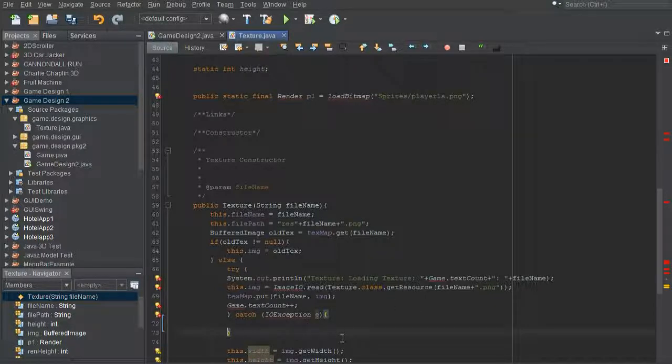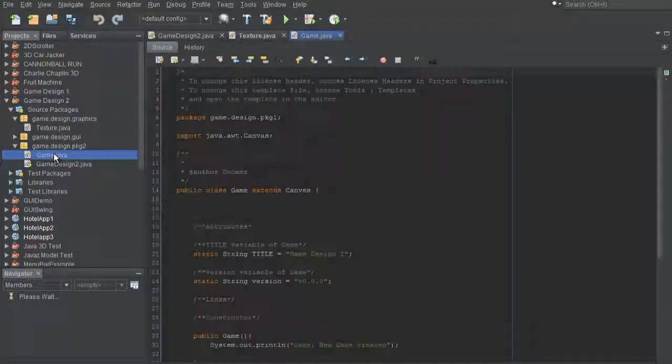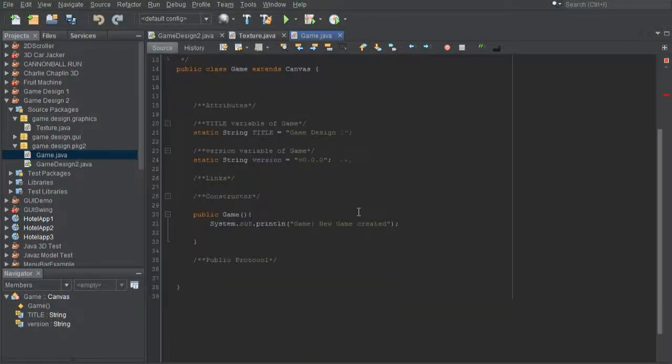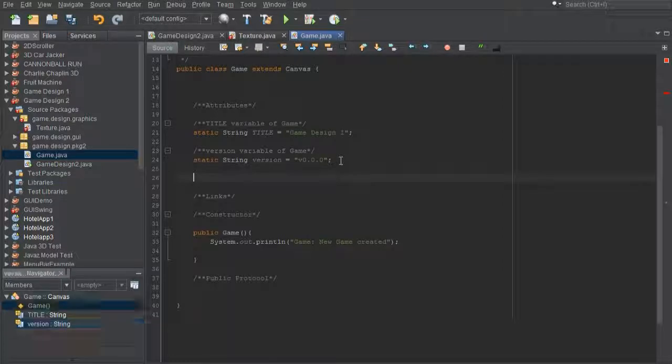And in the catch, we're just gonna put a logger line now, but I'll let NetBeans deal with that. In the game, we can add this as well: a texture count. Now the game is gonna